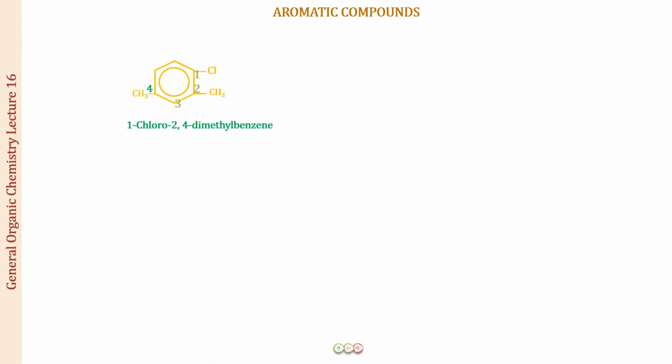So next example, let us see what we have. So this is a chlorine, a methyl group and a methyl group. So all of these are always substituents. So we will be putting a prefix for them, and we are going to follow the lowest sum rule for the locants. So you can number it 1, 2, 3, 4 this way, or the other way, 1, 2, 3, 4. So you're going to see which comes up as the lowest sum.